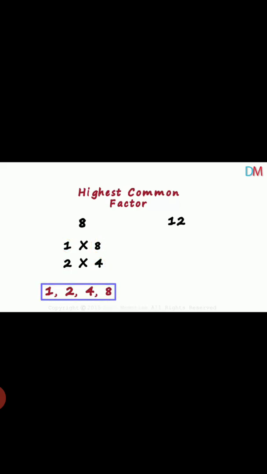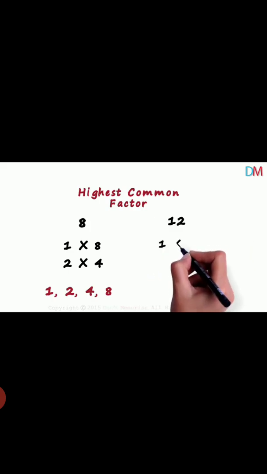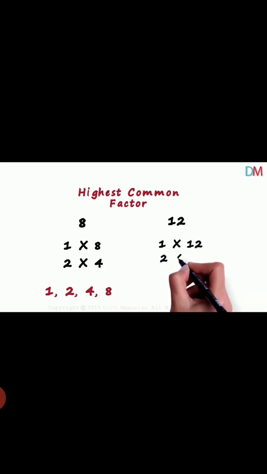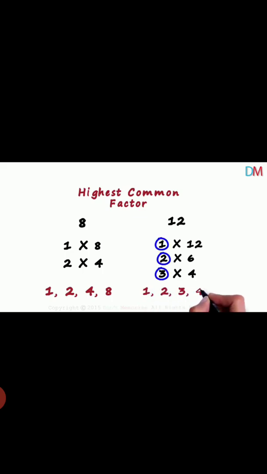Now we will find out the factors of the given number 12. Okay, now as you know, the factors of 12: 1 is the factor of every number, then 2 6s are 12, 3 4s are 12, 4 3s are 12, and then 6 2s are 12. Okay, so 1 12s are, 2 6s are, 3 4s are, then reverse it, 4 3s are, 6 2s and 12 1s are. So we have numbers here 1, 2, 3, 4, 6 and 12. These are the factors of 12.